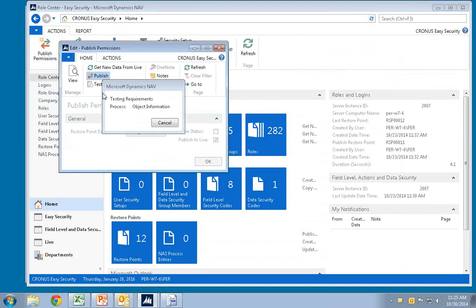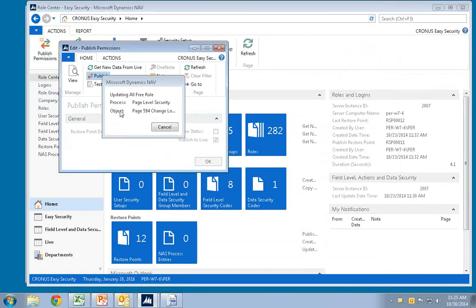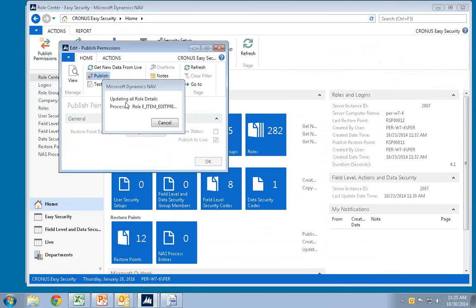I have been doing several updates to see the data. All those things are actually happening automatically during a publish in here. So if I had new tables added and I have a new table relation, those ones would actually be added to my roles automatically in here. Before we change anything, we create a restore point.